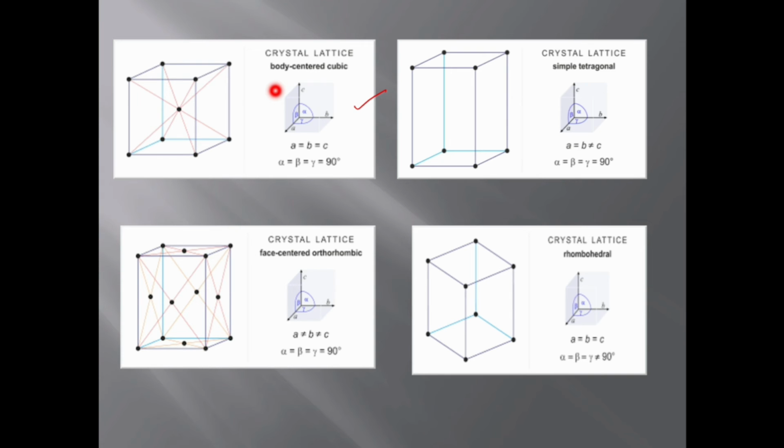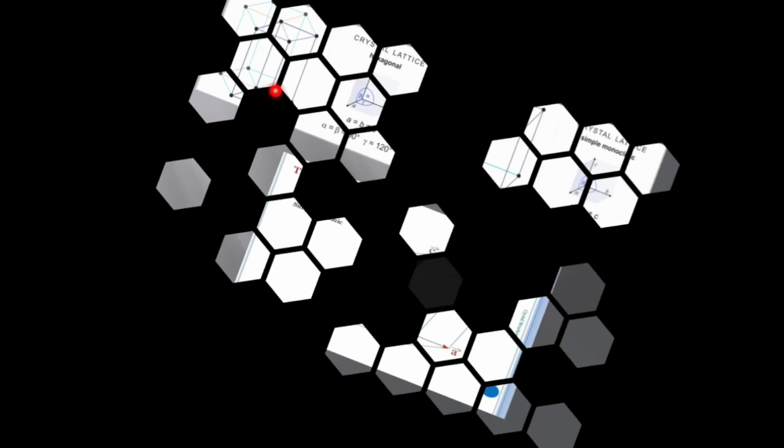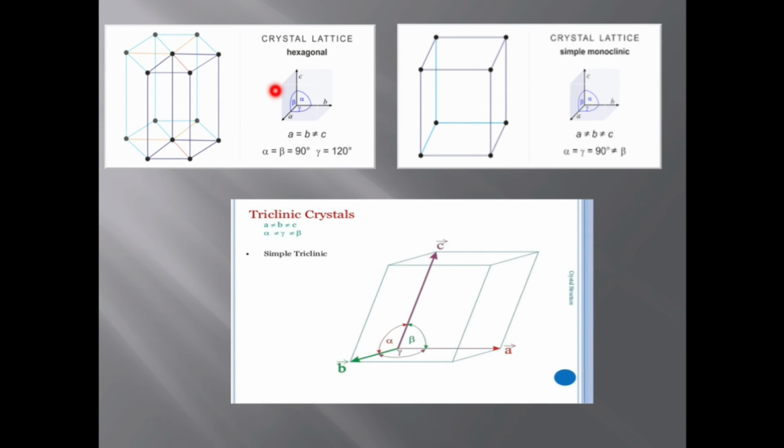Similarly, orthorhombic will also have the angles equal as well as equal to 90 degrees. But in case of axial distances, all the three axial distances are different. That is a not equal to b, not equal to c. In rhombohedral, all the distances are equal, all the angles are also equal, but the angles won't be 90 degrees. Coming to hexagonal, a will be equal to b but not to c. In case of angles, two angles will be equal to 90 and one angle will be equal to 120.